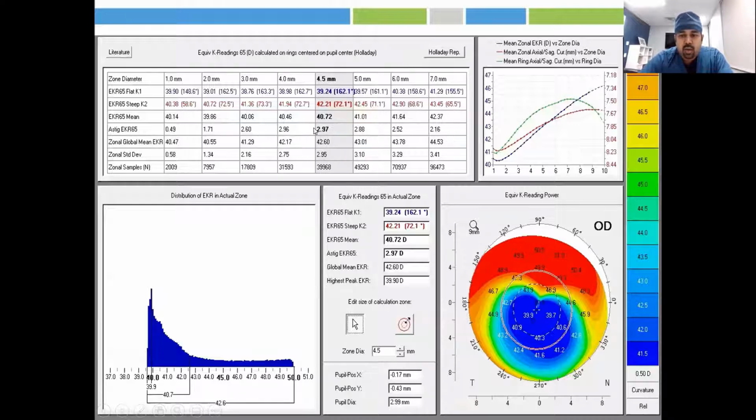So this cornea, if you look at just the K1 and K2 values, they may look like say 39 and 42, and the astigmatism will be 2 diopters, but it is not something where you just look at the numbers and say this is a normal astigmatism, this is a lesser amount of astigmatism. It's about the amount of irregularity that is there in the cornea that is important, both between the two hemimeridians and between the different zones. So these are two important things to know before we go in.